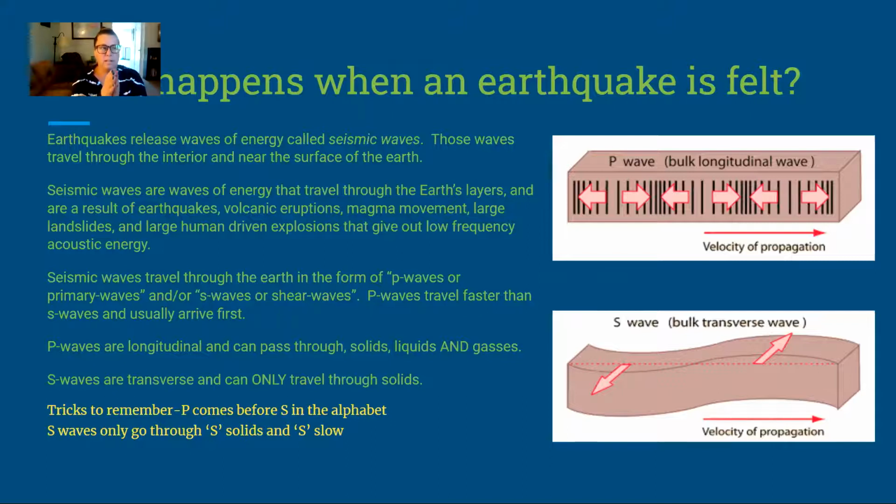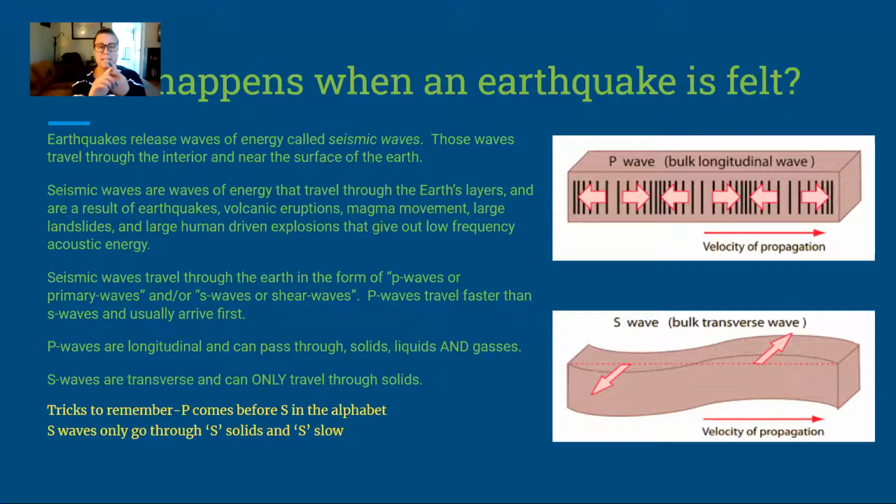When earthquakes are detected, the movement in the earth is collected on an instrument called a seismograph. The seismograph takes the measurements of the waves as they come through the earth. The seismologist is going to look at the seismogram, which is found on the seismograph. The machine that takes the measurements is a seismograph. There are different waves that can come through. The first wave that comes through and is represented on the seismograph is called a P wave.